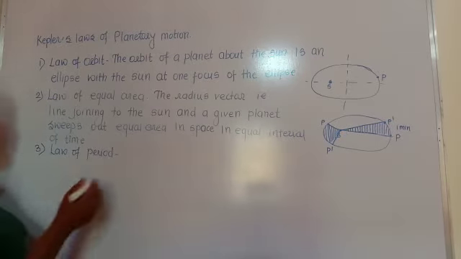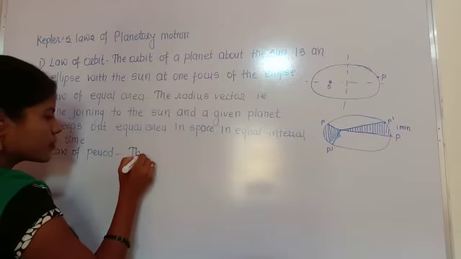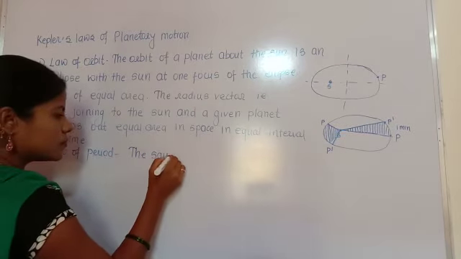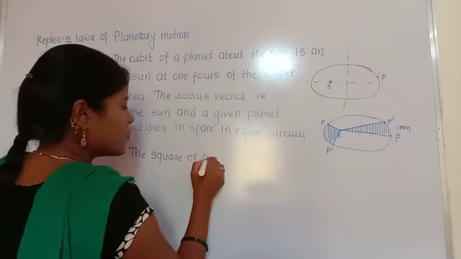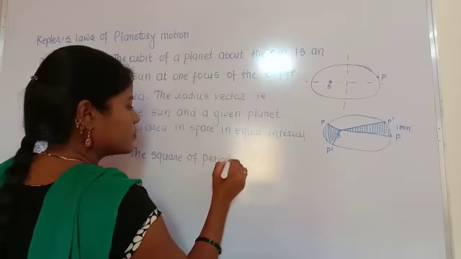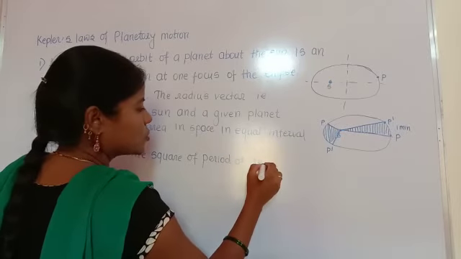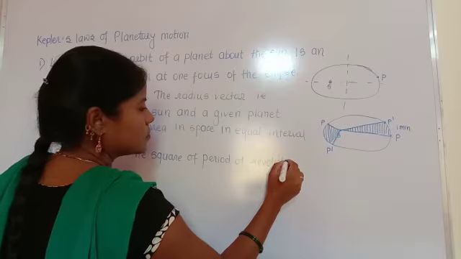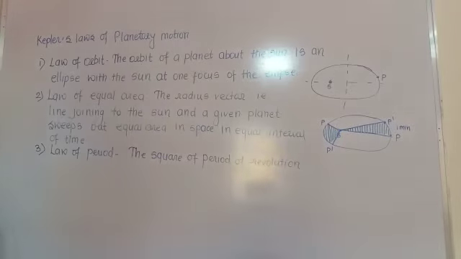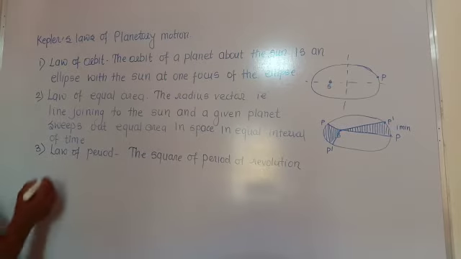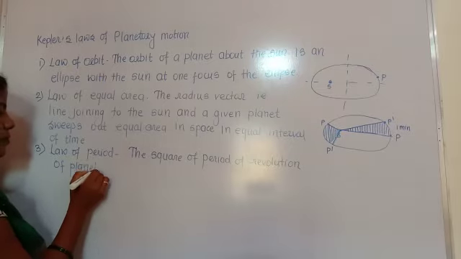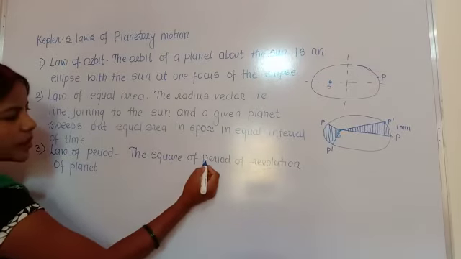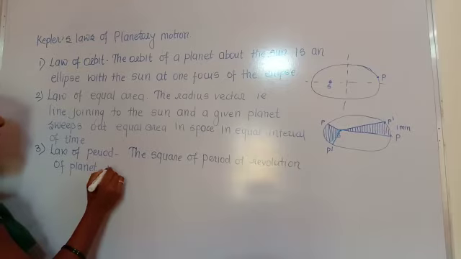This relation is: the square of the period of revolution of the planet